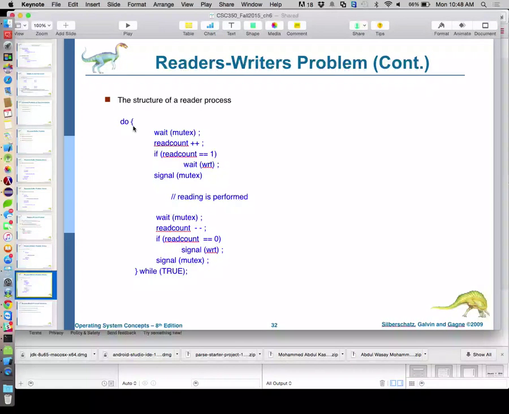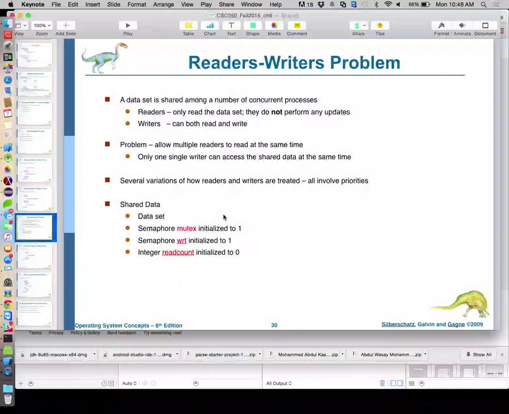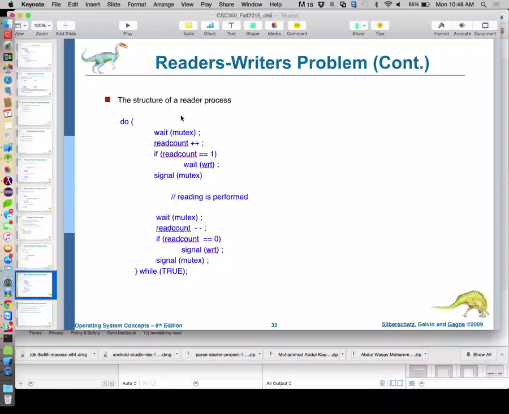Here's the reader process. Well, we have to wait for the reading room to be available. And they started that semaphore off at 1. Okay, so we're going to wait for it to be available. We're going to increment our read count. Okay, if read count is currently equal to 1, we're going to wait for the writer to finish writing.